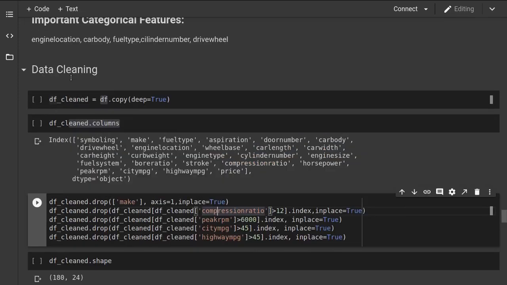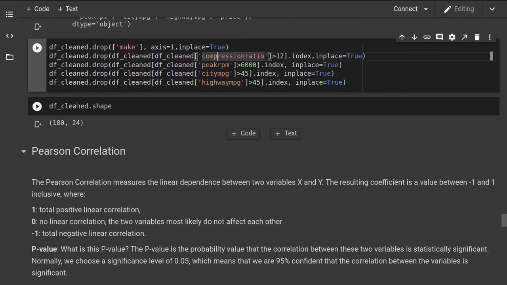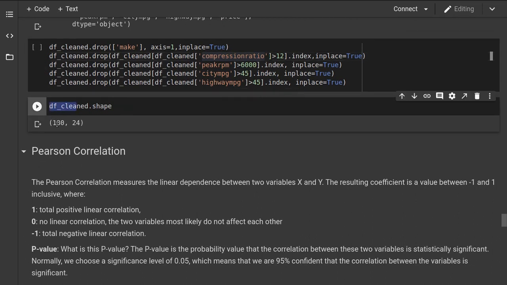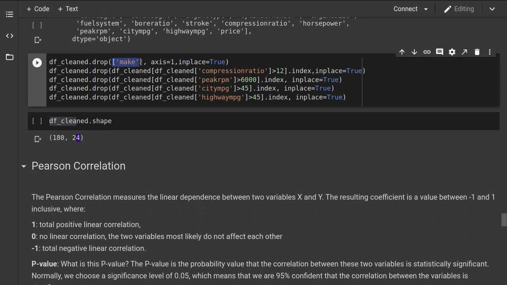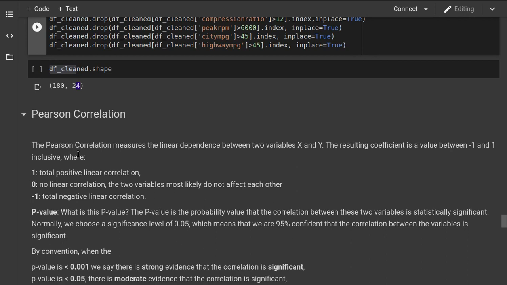Alright, so after cleaning our data set, I got 180 rows and 24 columns. 24 columns because I deleted the make column. It was 25 columns before we cleaned the data frame.